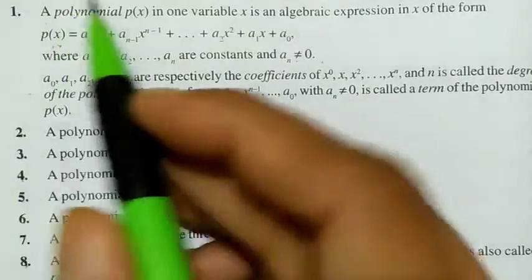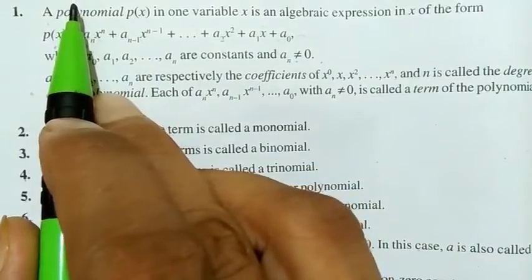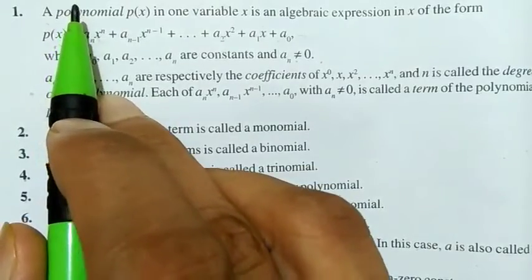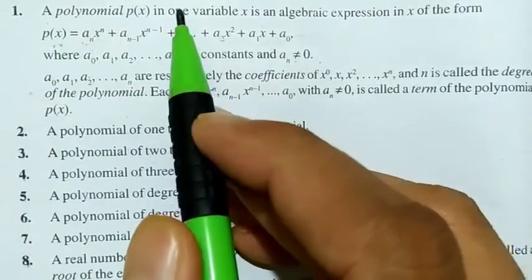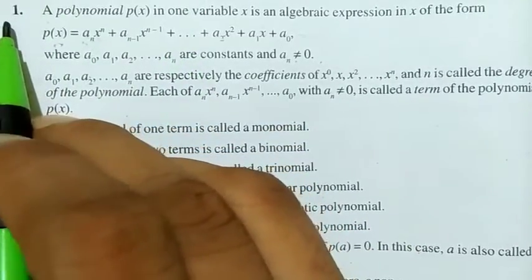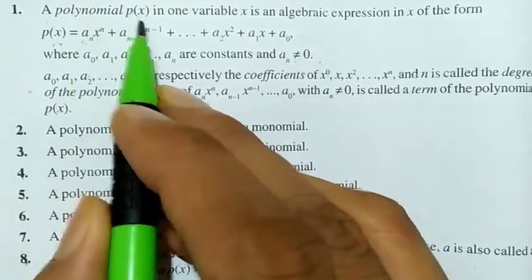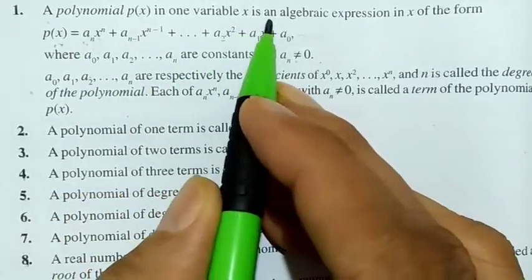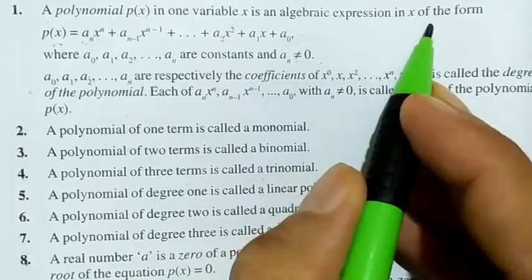Hello my dear students. In this video, we'll discuss class 9 mathematics chapter 2 polynomials, complete revision points, very important for your exams. First point: a polynomial p(x) in one variable x is an algebraic expression in x of